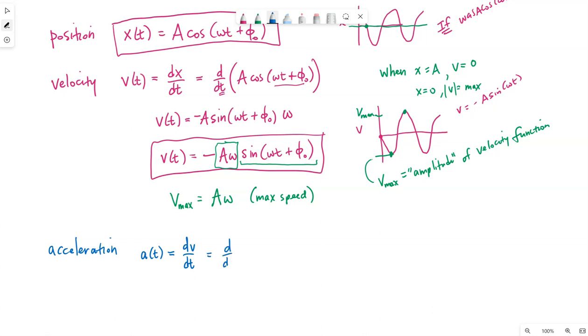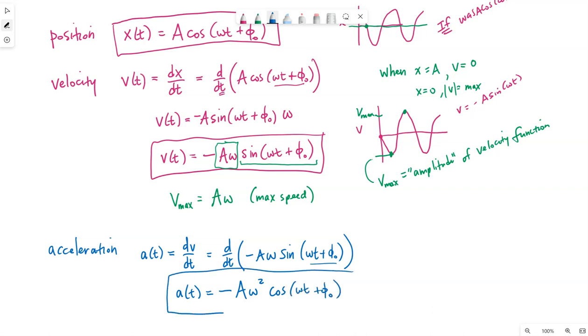So the derivative with respect to time of this function we just came up with: the derivative of sine is cosine, and again we have to take the derivative of that inside portion. We end up with another omega, so we get omega squared out front. And our acceleration equation ends up being negative cosine